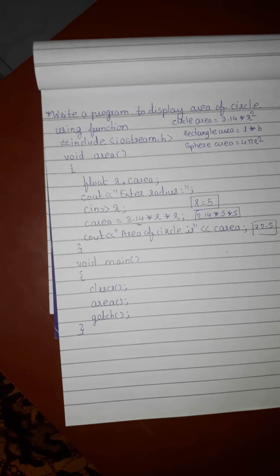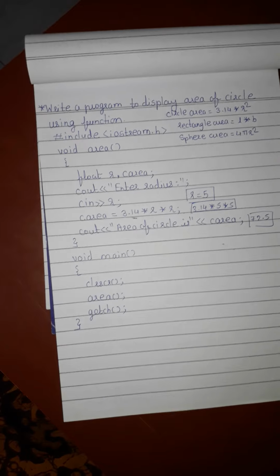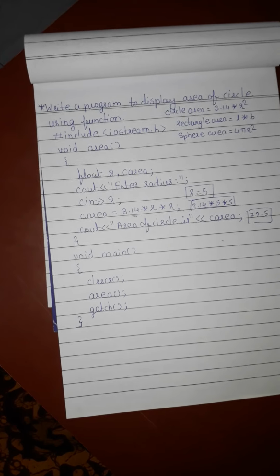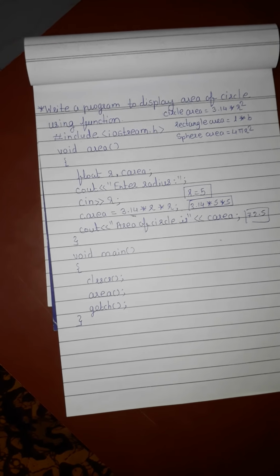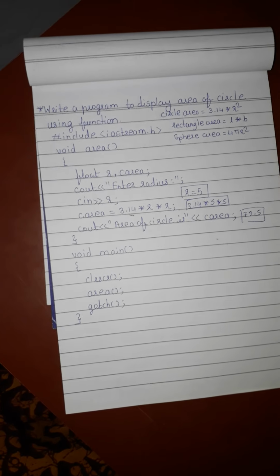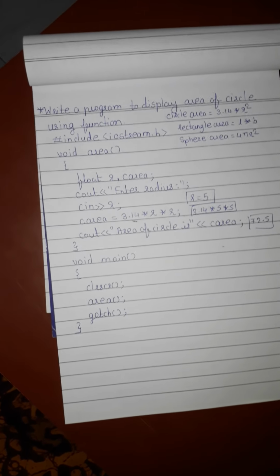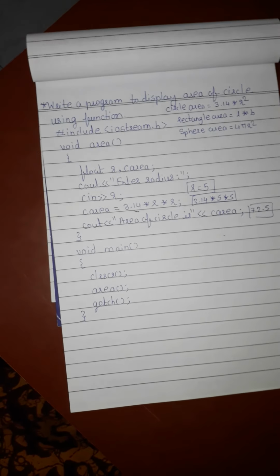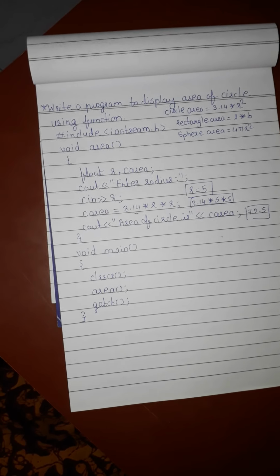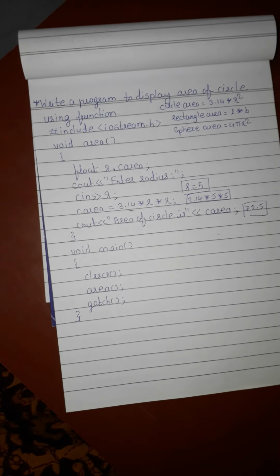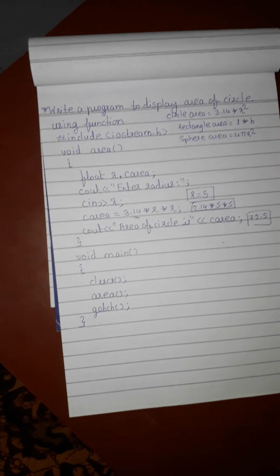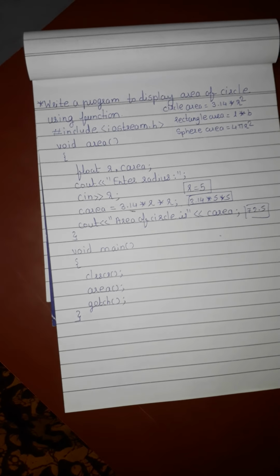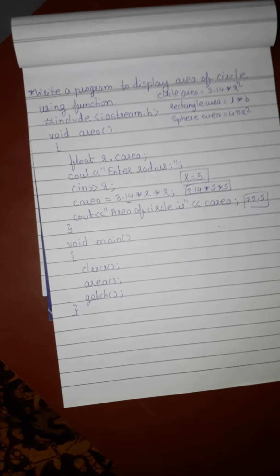Like that, if you have a question as area of a rectangle, as we all know, area of a rectangle is length into breadth. In case of the circle area, we just need to take radius, that is the value of one variable only from the user. But in case of area of a rectangle, we have to take two variables. So we will declare two variables, int l comma b, and now the rectangle area. Suppose r area is the function I have declared, you will just change the calculation, that is r area equal to l into b. Like that we have to write the program. Only the formula depending upon the question will get changed.